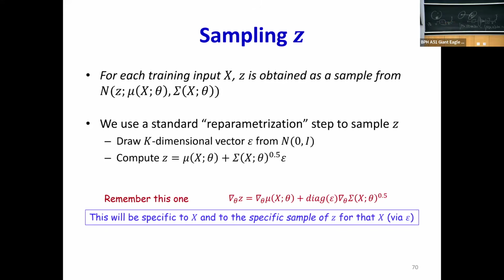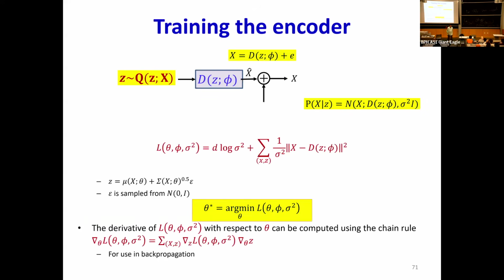So I can sample from a standard Gaussian, epsilon. I multiply it by the square root of the variance and then add the mean. That's going to give me a sample from the target distribution that I want. But when I write it in this manner, my mu and epsilon become part of my sample, and now this can be differentiated. I can differentiate z with respect to the parameters of the encoder, theta, right? So that's a sampling process that's differentiable.